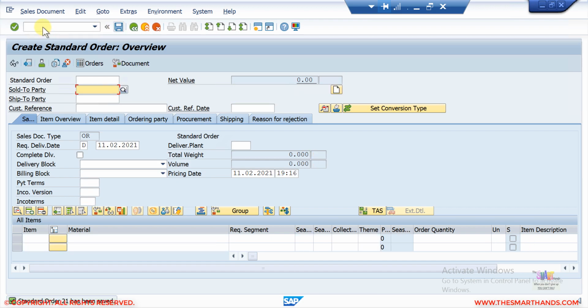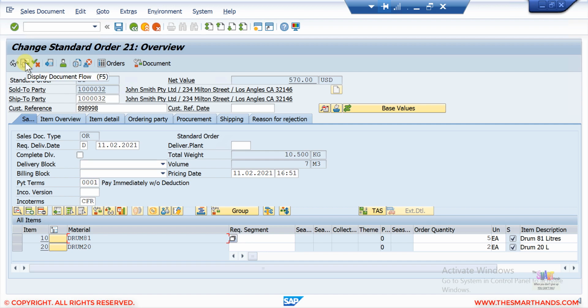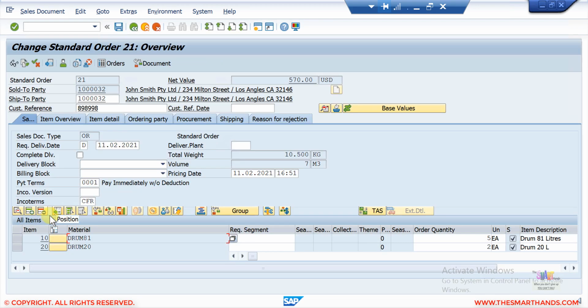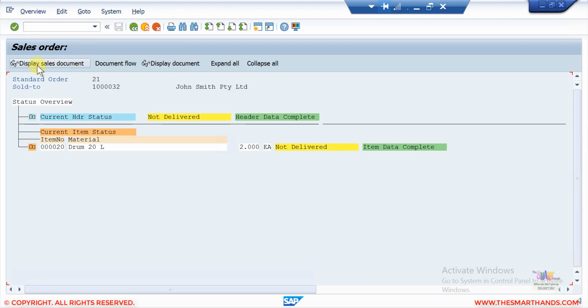Done. So here if I open the order VA02, when you click on this little document flow, I'll discuss document flow later on in more detail, but for now if I click on it, you will be able to see that it's only showing item 10, saying this order is linked to this quotation number item 10. Same thing if you select item number 20, click on this second icon, status overview, it is showing